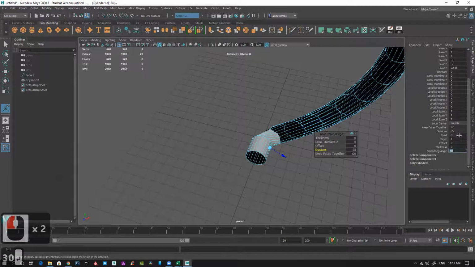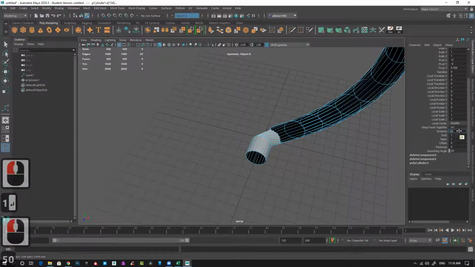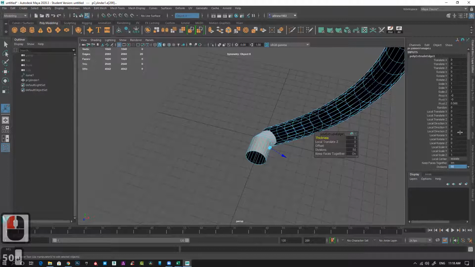If I want to increase the division, I would definitely modify it manually. Nothing happens.